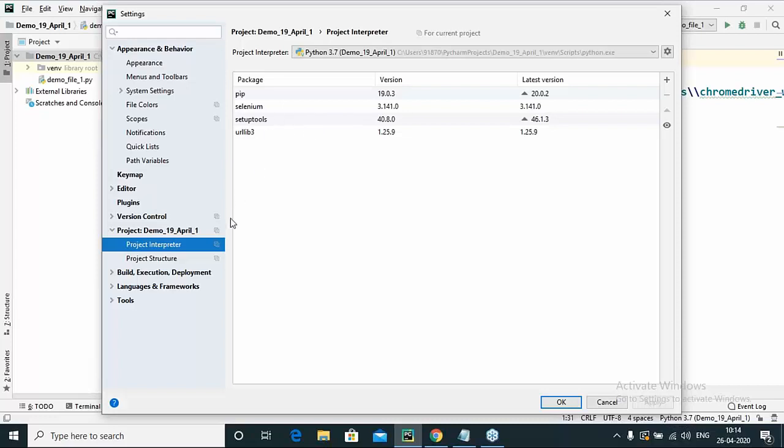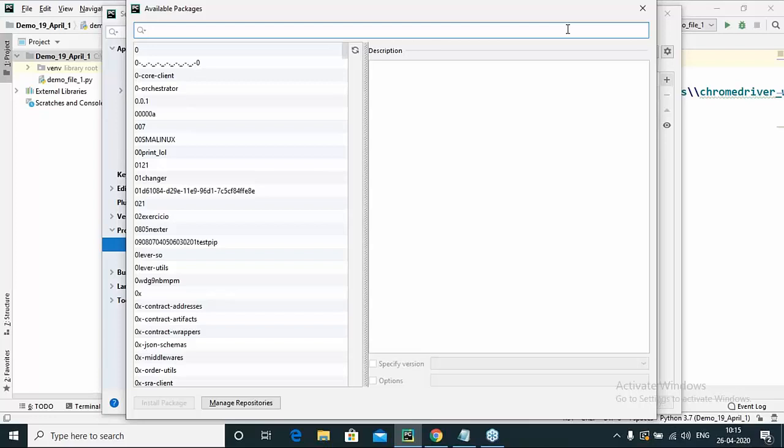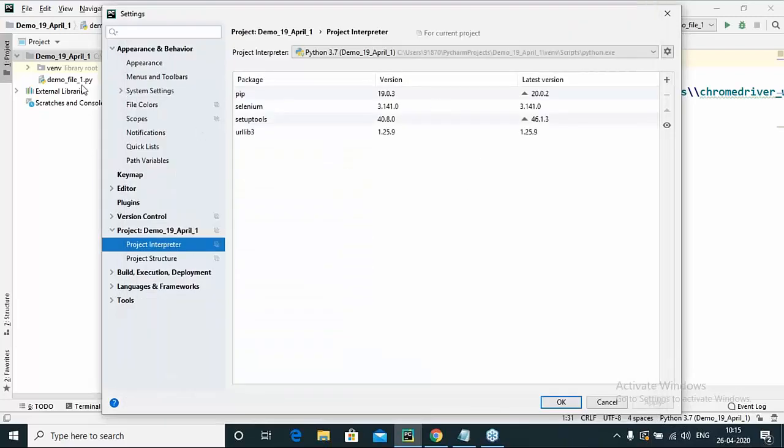Since we have Selenium, it is showing you that Selenium is available. Now in case I want to add one more package here, I'll simply go to the add icon. I'll write the name of the package that I want to install here, and I click on the install button. That's it. That will help you install the specific library inside your project using a UI, a user interface. And if you don't want to use the UI, you can just simply type the command pip install inside the virtual environment, and that will work correctly for you.